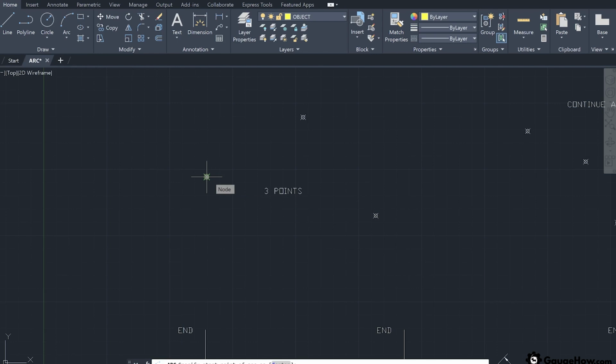Now to use the first option, that is the 3 points arc, first select the first point. Now select the intermediate point and at last select the end point. Now, once you select all these points, your required arc is generated. I will pan to the